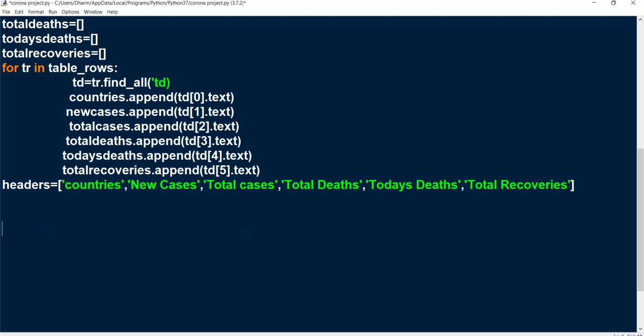So I'll take a variable as df. df is equal to pd dot DataFrame. Here we need to use list function, list of zip